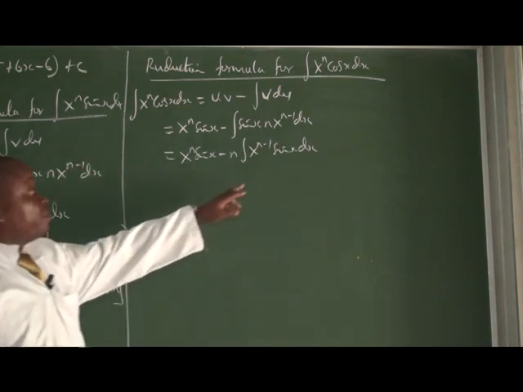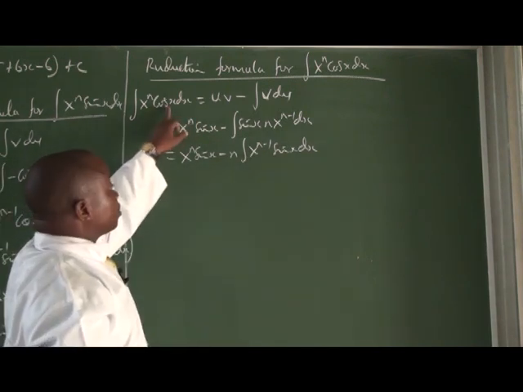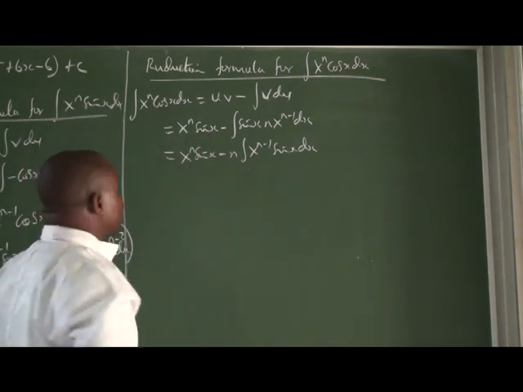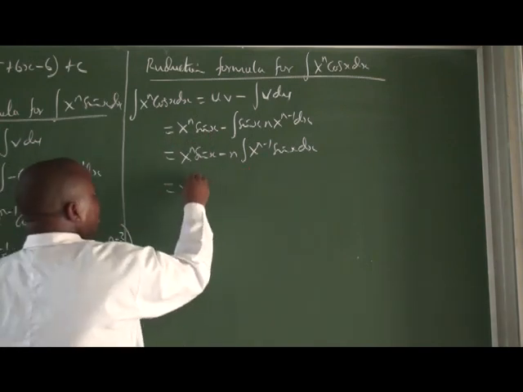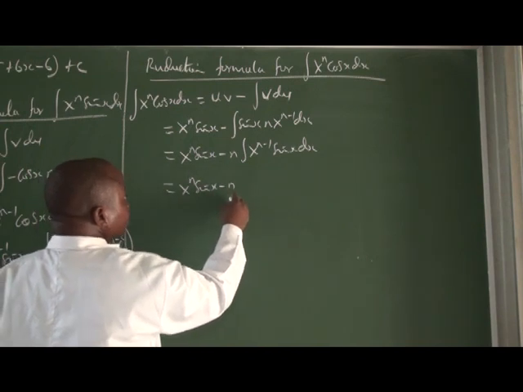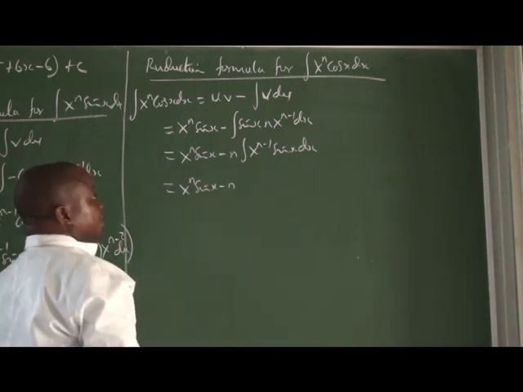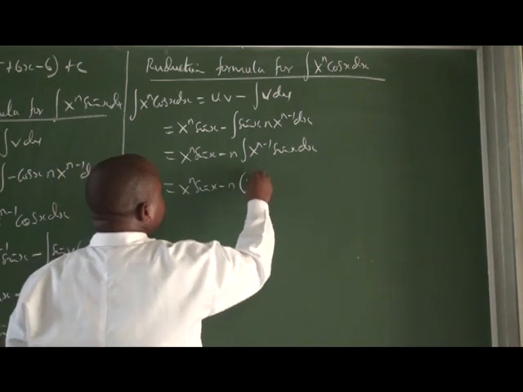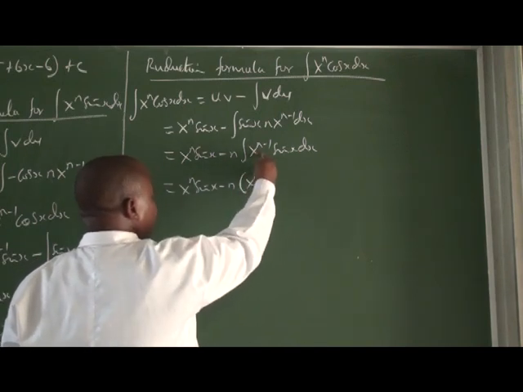And what I have here is sine, we need cos, so I have to go again once, to have x^n sine x minus n,